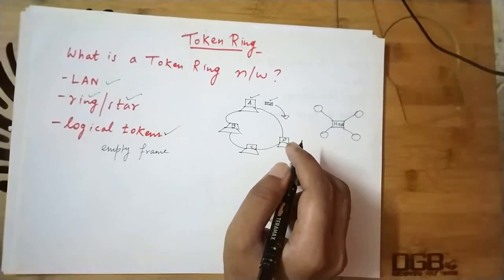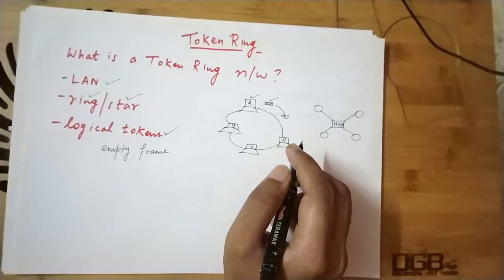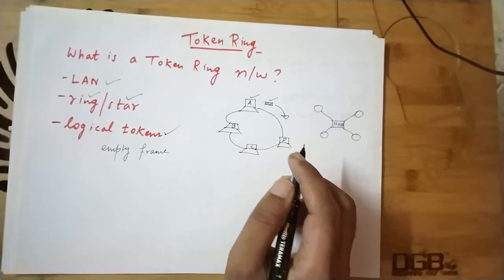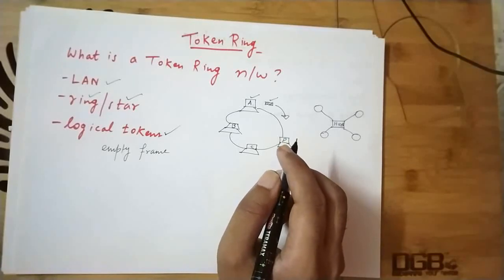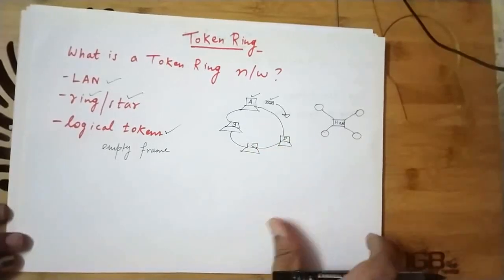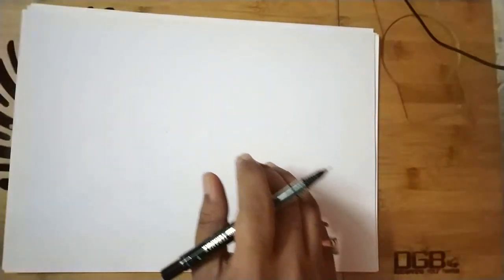The last point that I want to mention before I go into the working steps is that a station can transmit only after it gets hold of the token. Please keep this in mind. Now the working steps are as follows. So I'll just write down the working steps. The first working step is